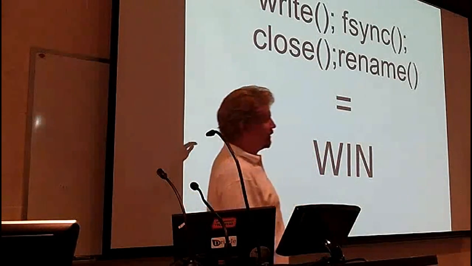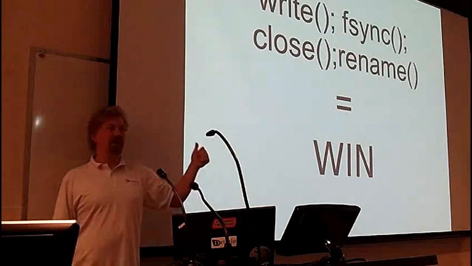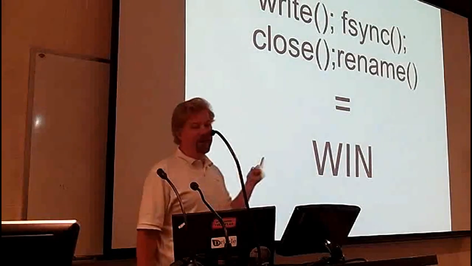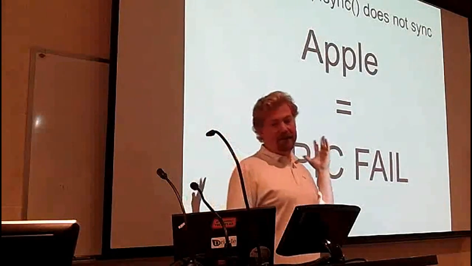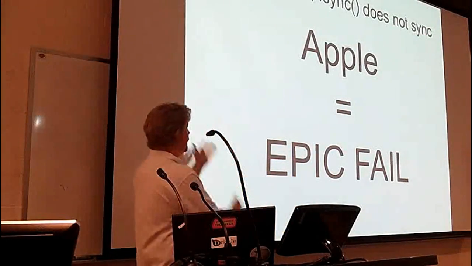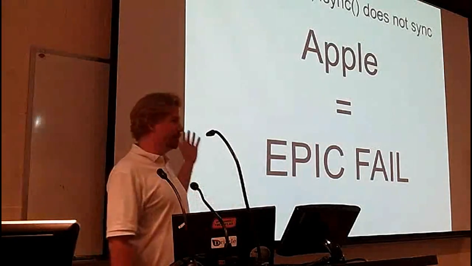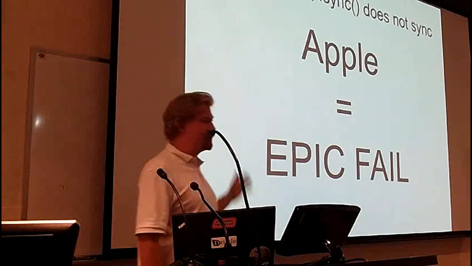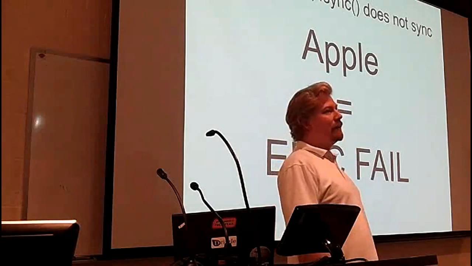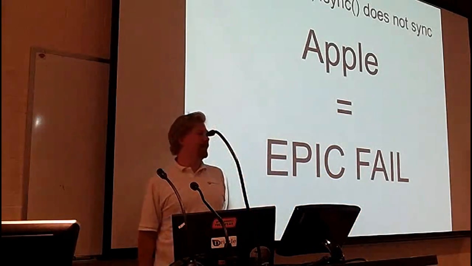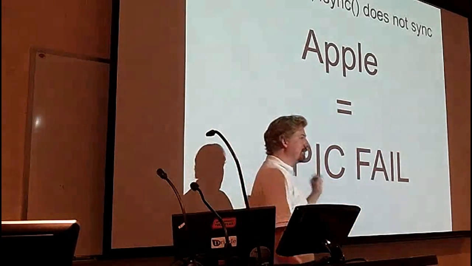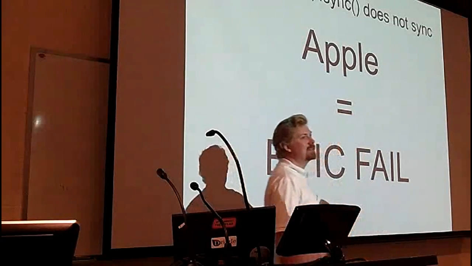You then have a whole other bunch of problems with fsync, meaning disks lying to you, operating systems lying to you. For example, on Mac OS X, fsync does not sync. Sync, Apple, epic fail. Some kind of brain-dead monkeys are over there making sure that all your data goes away. Because what would we do? We'd drum into people: now run fsync, call fsync, sync your data to disk,